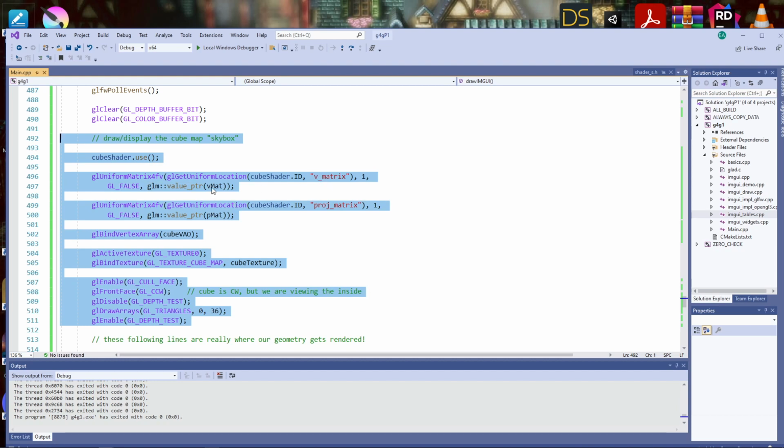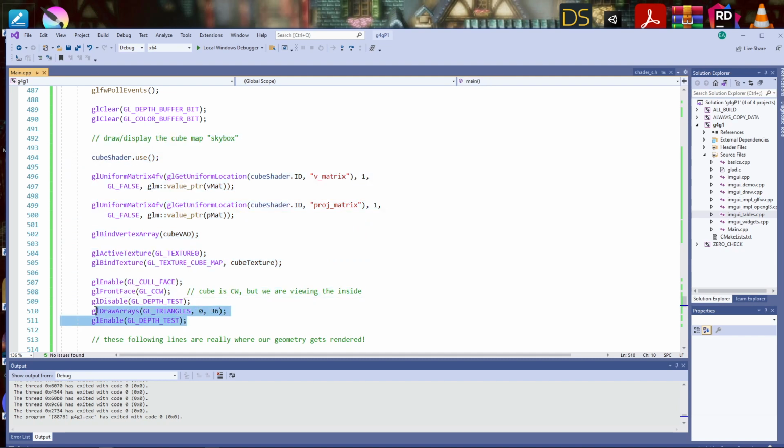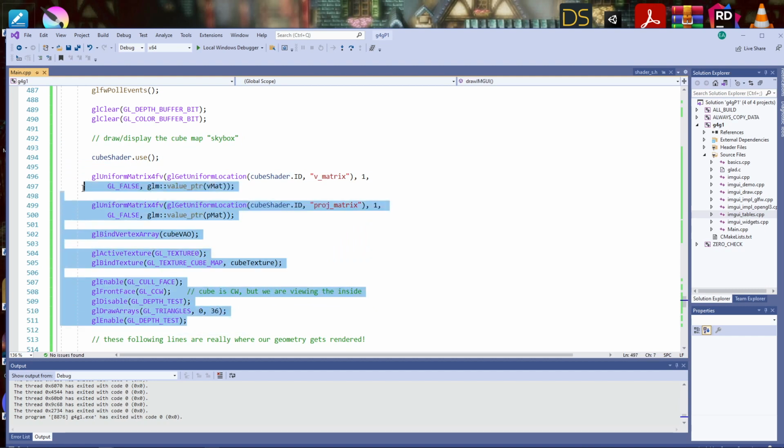It sets up the view matrix, the projection matrix, anything it might need. It binds the vertex array, the VAO that defines the cube, tells it about the textures, makes sure it uses them, and draws it, setting up the culling so it's from the inside. So this is all one chunk of display, or one render. Render the skybox.